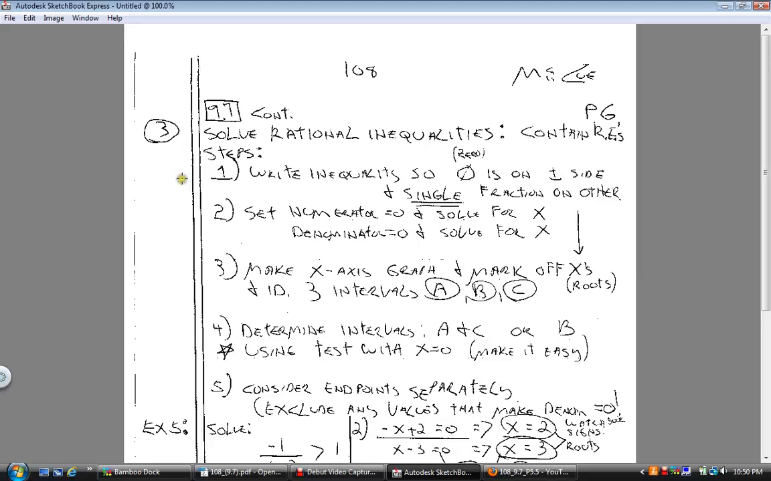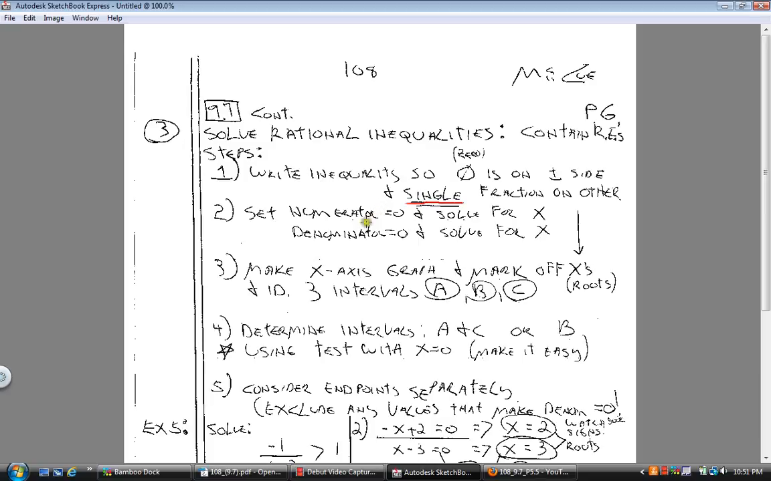You're going to take the rational inequalities and make sure that 0 is set on one side of the equation and a single fraction is on the other. So we want to keep in mind it has to be a single. So we might have to do a little bit of work there. But once we've got the single rational expression set to one side of the equation with 0 on the other with the inequality signs,